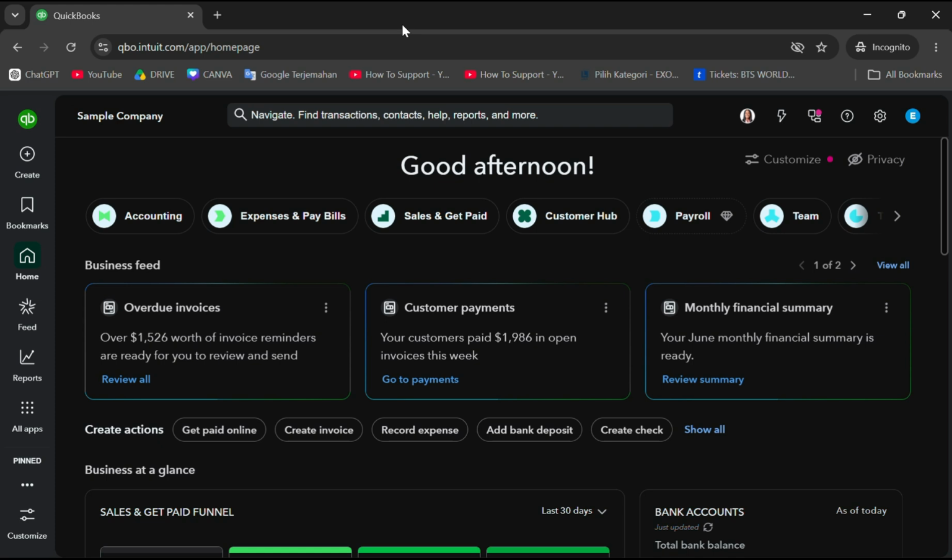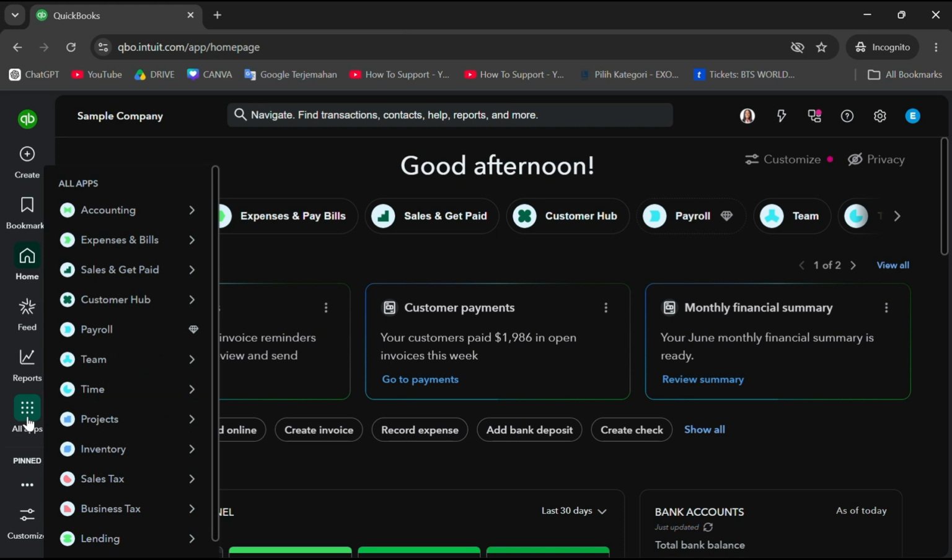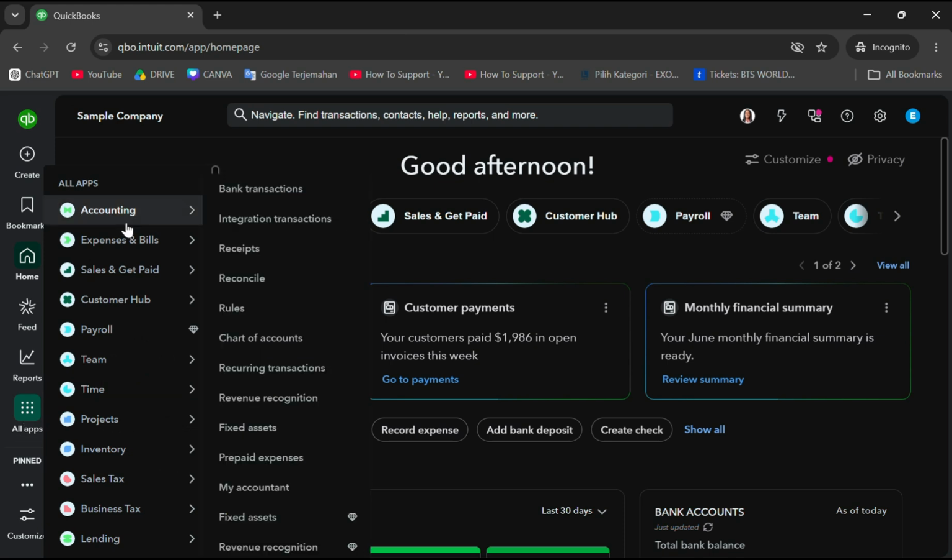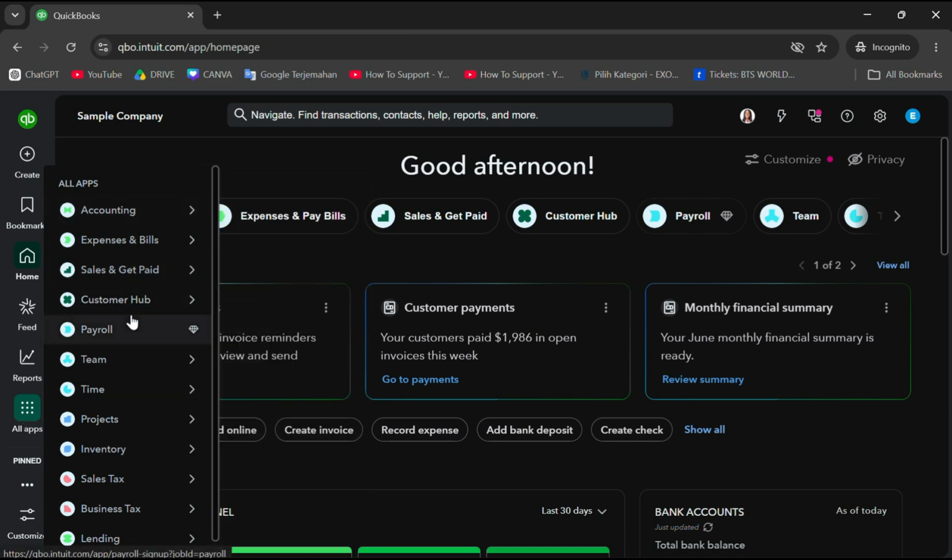So first, you can log into your QuickBooks Online account, and then in the main dashboard, you can navigate to the All Apps here to open all of your available apps. And then you can go to Business Tax here and you will see Tax Summary. You can click on it